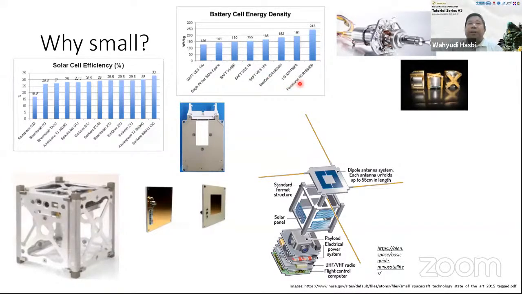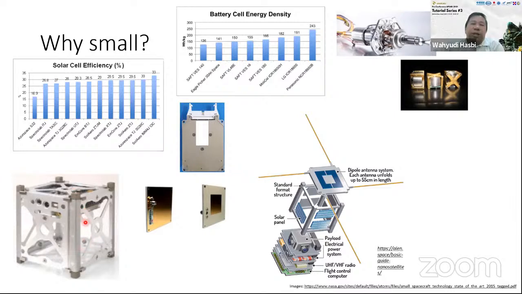And then the battery as well. The battery efficiency and capacity also is growing. You can see the increasing of the battery capacity compared to the size. And another thing, here is an image of a small thruster. Many years ago, you needed a big thruster, but now you can develop a small thruster to put into your nanosat or microsatellite, including, for example, here some reaction wheel. You need a reaction wheel to control the attitude of your small satellite, right? And also gyros and other